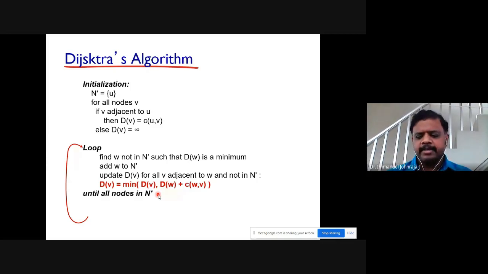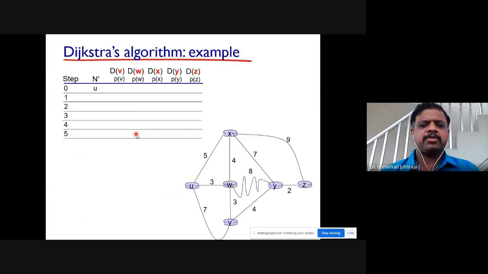Okay, so you may be feeling a little confused about this algorithm. No, very simple. Now we are going to see that. These are all the steps, right? So I'll explain to you. Now look at the bottom one. This is not a complicated diagram. This is very similar to what we have seen in the previous one, but with some different structure. And you have got u, v, w, x, y, z. So there are again 6 nodes, and you also have got the cost for every link, which are shown here. Perfect. So we'll go for the steps.